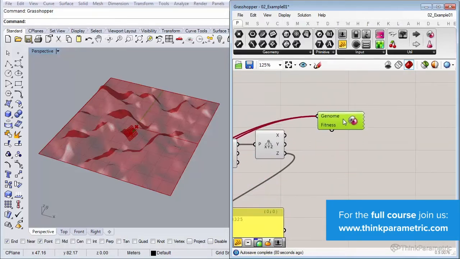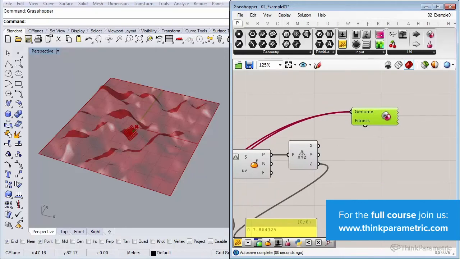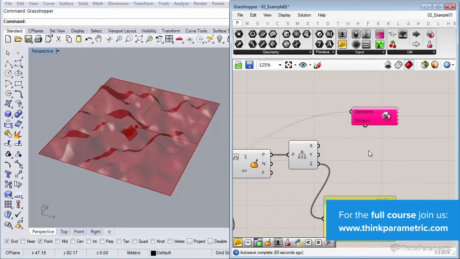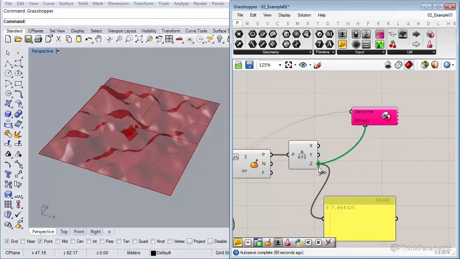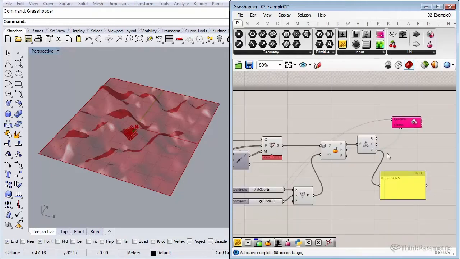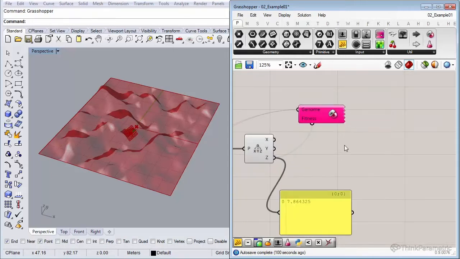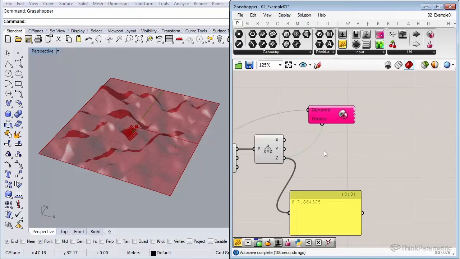To get the z value into the Galapagos component is basically the same: you drag from the fitness input to the z output from the Deconstruct Point component. And that's it. Now we're all set to start adjusting the settings from Galapagos.